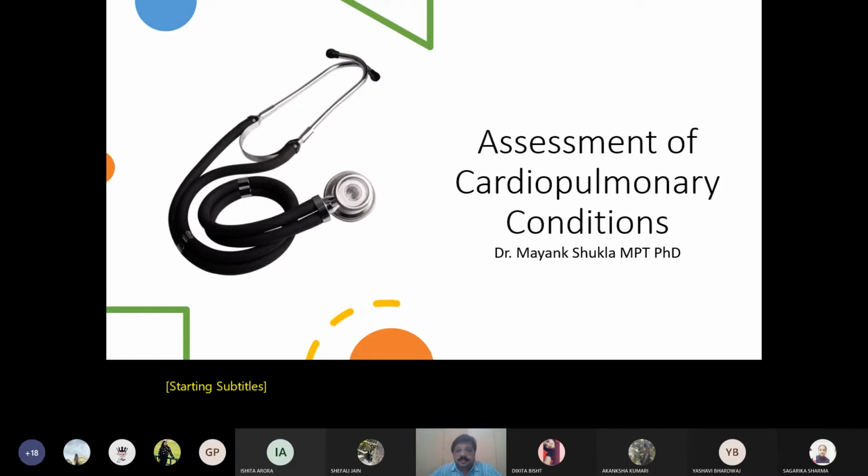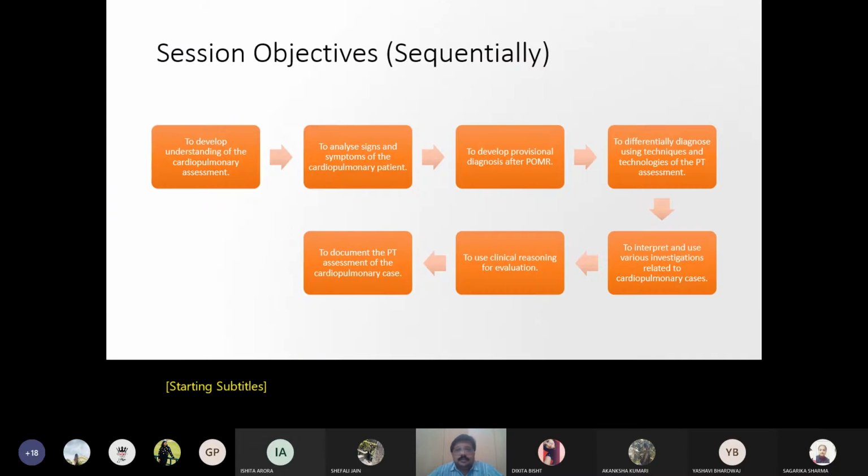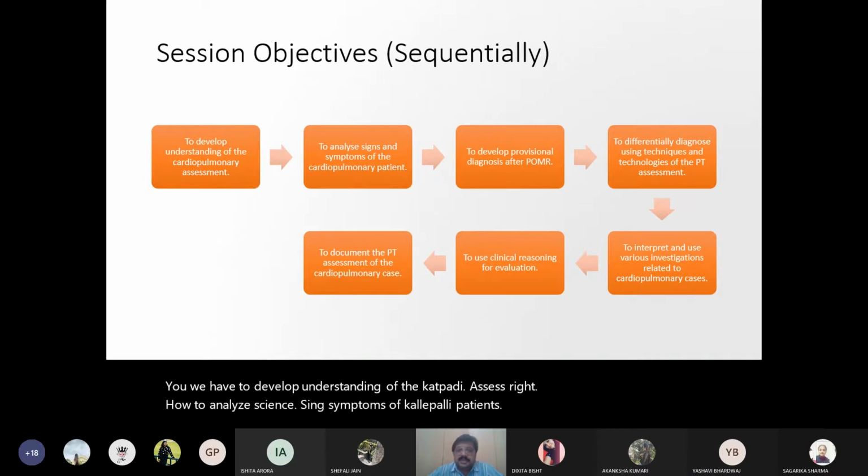Assessment of cardiopulmonary conditions. What are we supposed to learn in this module? We have to develop understanding of the cardiopulmonary assessment, how to analyze signs and symptoms of cardiopulmonary patients, to develop provisional diagnosis after doing a patient-oriented medical recording, to differentially diagnose the case using different techniques and technologies of physiotherapy